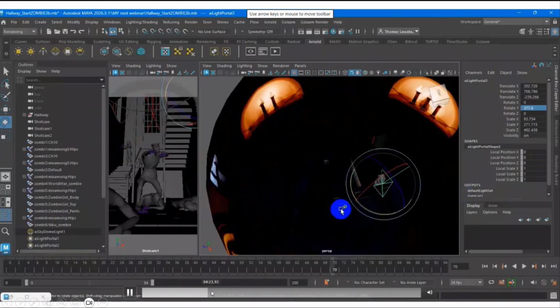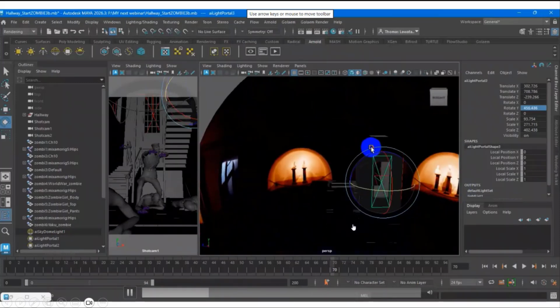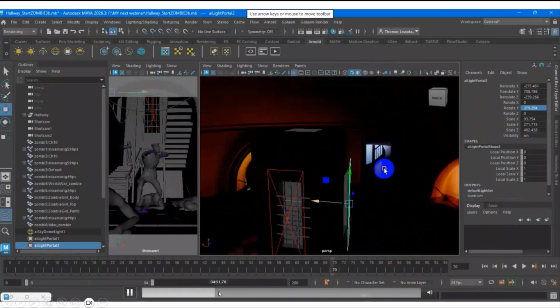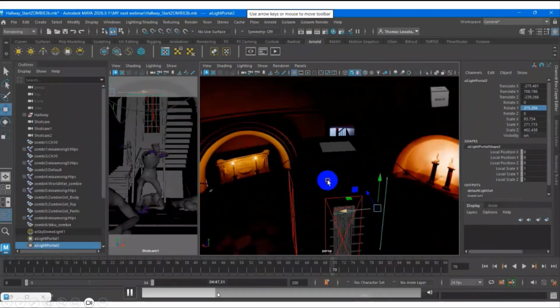There are four, or sorry, five. I think at the top there is a window as well. So I move it and then we will see the result.